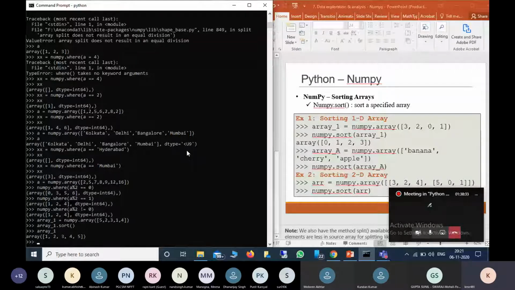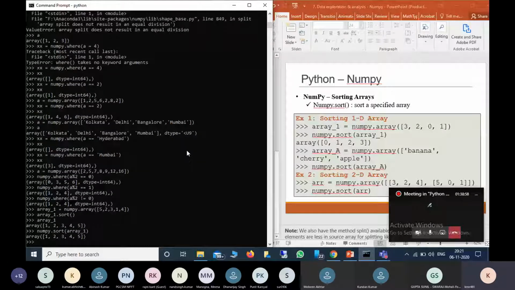which will give the ascending order. Or we can also use numpy dot sort on array 1. It will also give the same one. Now we are getting ascending.